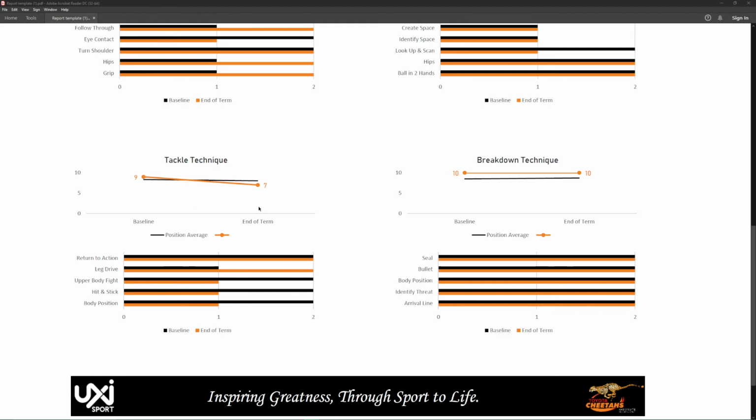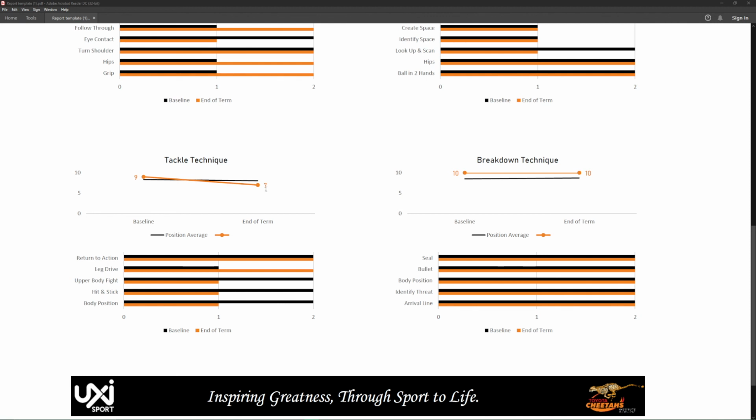Now, something one has to consider is when coaching a particular skill and you have a subjective evaluation involved, it's normal to have more bias, meaning less strictness, at the beginning, when there was a baseline assessment, there may have been more leniency, but then through an entire term of coaching these fundamental components of the skill, when you subjectively evaluate it again,